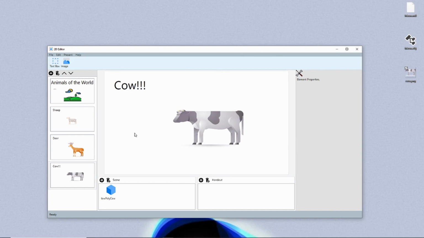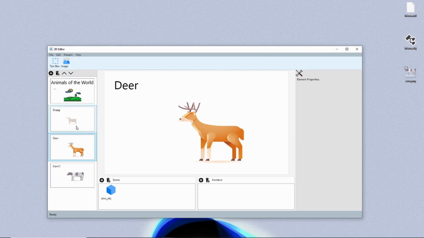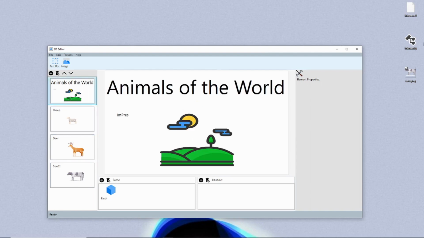What is important to point out here is that the 2D editor is strongly connected to the 3D editor. So one can simply drag and drop 3D objects into the 2D editor, and later in the 3D editor these objects